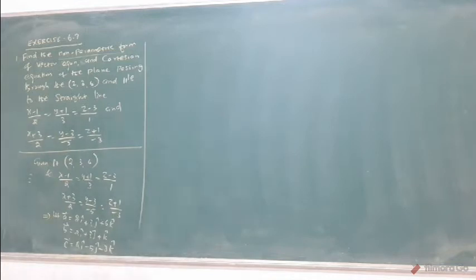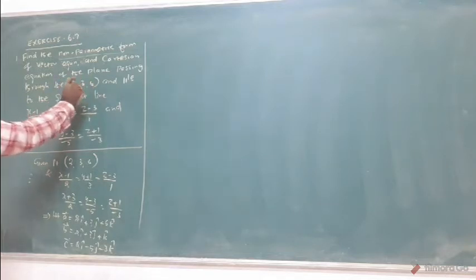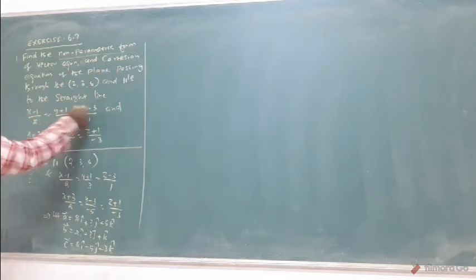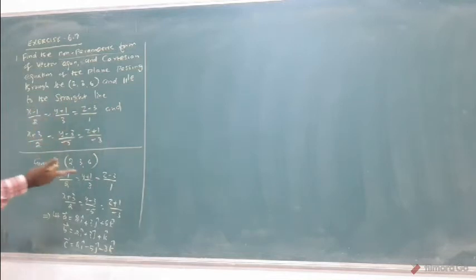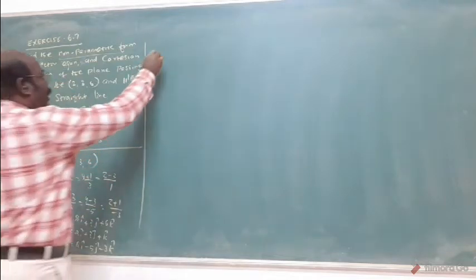From the question, this is the point, where a is the point vector, and you assume the denominators as b vector and c vector. Suppose two points are given, let them be a vector and b vector. Here only one point is given, so the other vectors are written as c vector. That's all. From the question, you will assume a, b, c. The first point is point a vector.